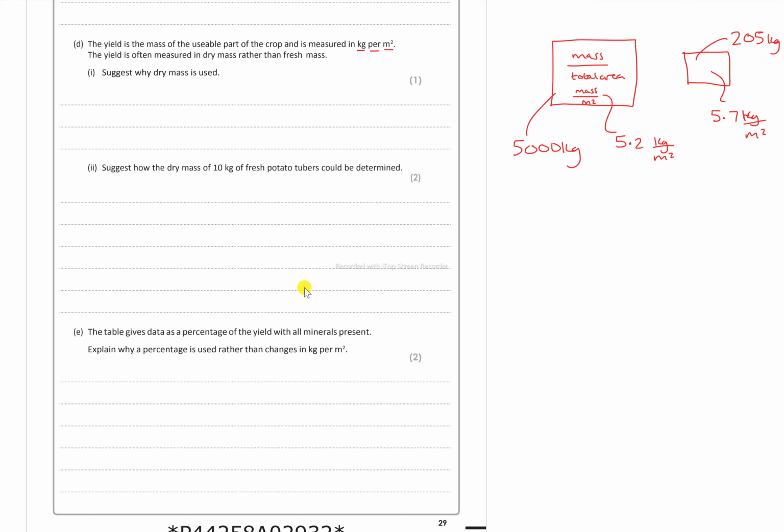Right, the yield is often measured in dry mass rather than fresh mass. Fresh mass contains water. So for example, I've got a field. This year it's been raining heavily. If I take the crop and weigh it this year, it could be, let's just say, 5.7 kilograms per meter squared. Now next year, if it's drier,